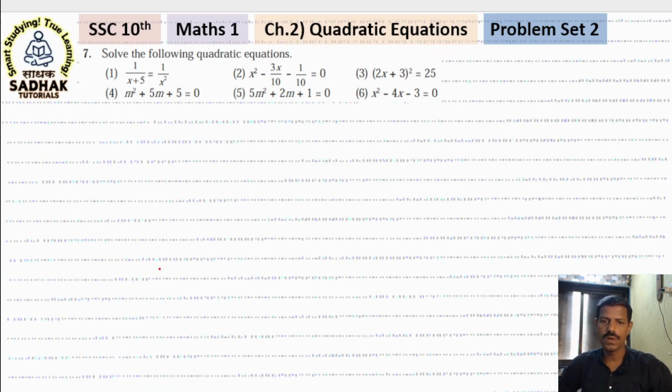Now let us move to the next question, that is question number 4. m square plus 5m plus 5 is equal to 0. Okay, so already this sum is in the standard form. So let us directly compare it with ax square plus bx plus c is equal to 0. What do we get? We get a is equal to 1, b is equal to 5 and c is equal